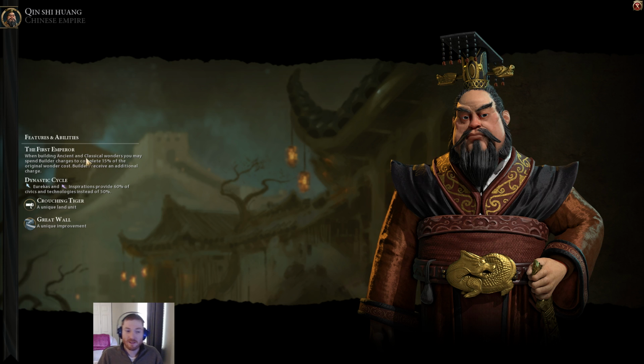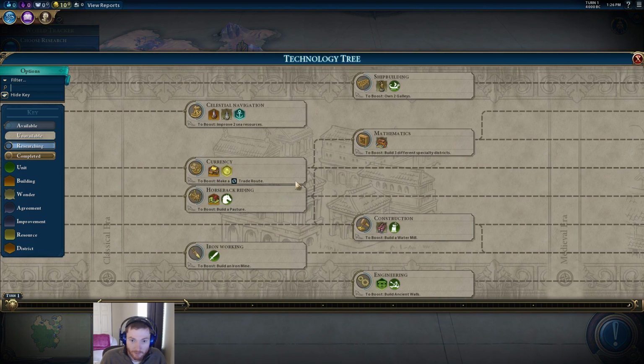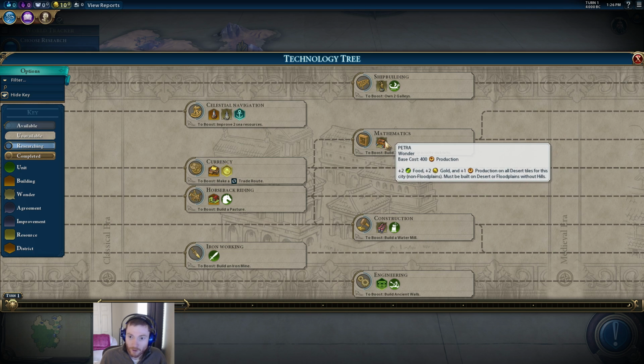However, that's not even the most interesting part of this bonus. The most interesting part is definitely the production boost, or the builders being able to complete portions of wonders in the ancient and classical era. There's some really powerful early game wonders that this directly impacts. I'm thinking of Petra, which is in this game a classical era wonder, which means that Petra is a very situational wonder that's going to give massive bonuses to desert tiles, particularly desert hill tiles, but it's only really available to be built in cities with a lot of desert, only worthwhile to be built in cities with a lot